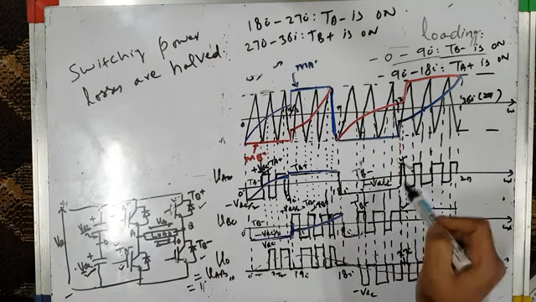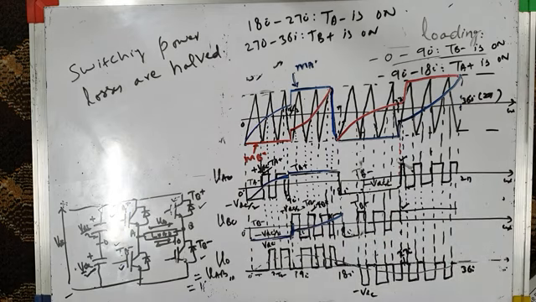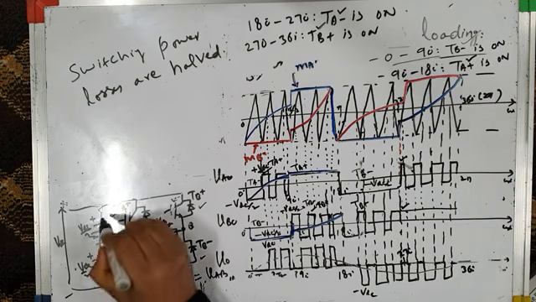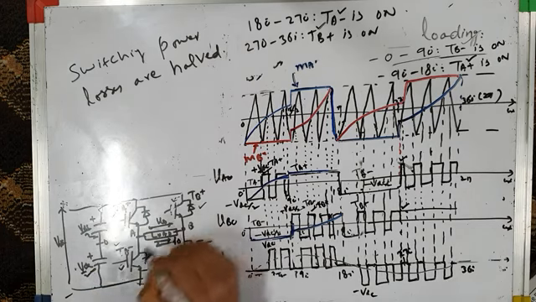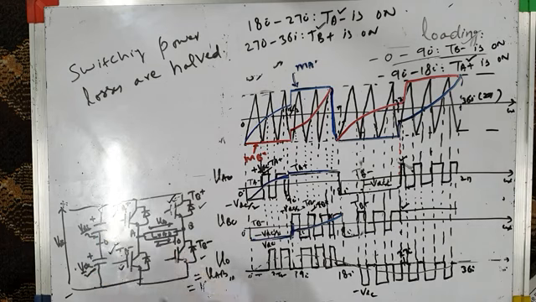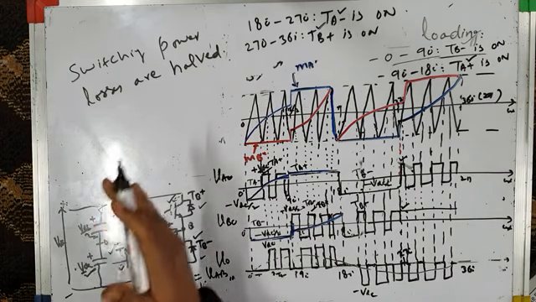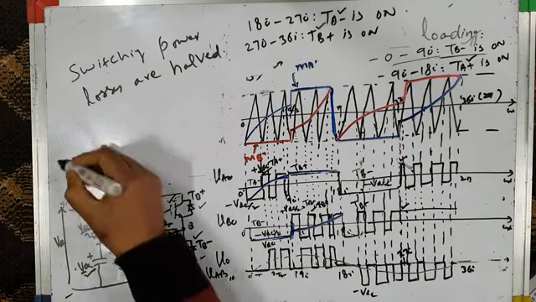And simultaneously, this type of bus clamping technique gives equal loading of all the devices, because you can see TA plus is conducting for 90 degrees. TA minus is also conducting for 90 degrees. TB plus is conducting for 90 degrees. TB minus is also conducting for 90 degrees. So all the four switches are equally loaded. This is on for 90 degrees, this is also on for 90 degrees, this is also on for 90 degrees, and this is on for a different 90 degrees. All the four devices are conducting for 90 degrees each, which gives